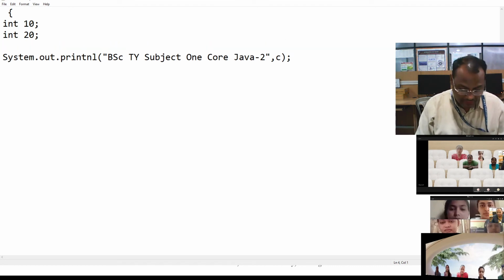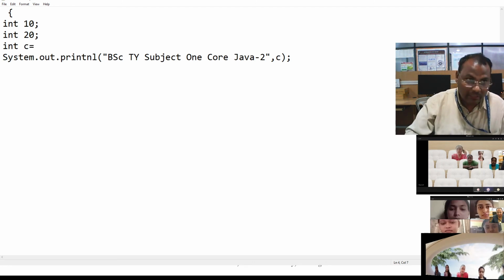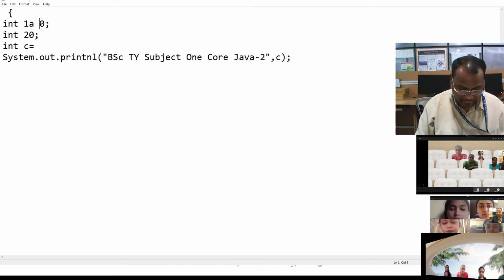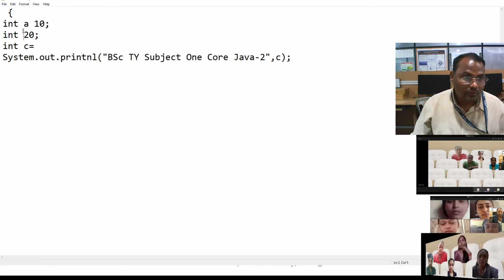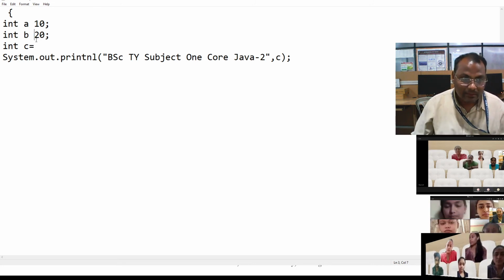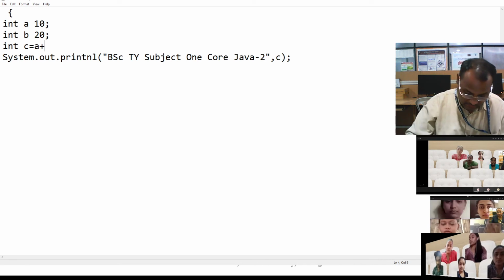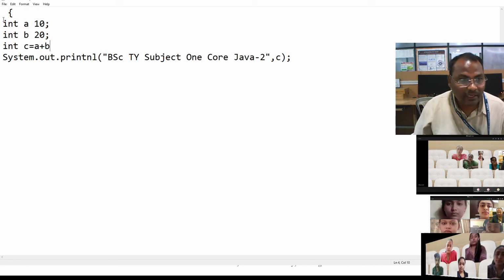Now what is this? This is a program. And which file type is this?